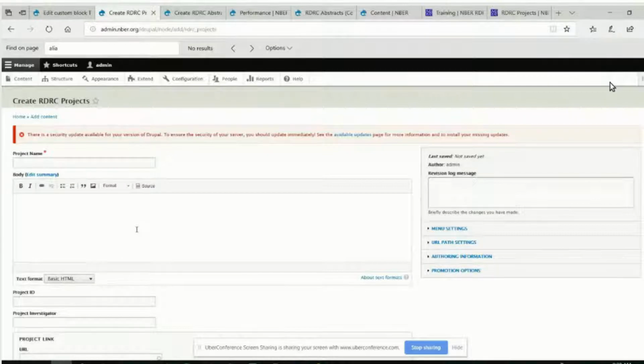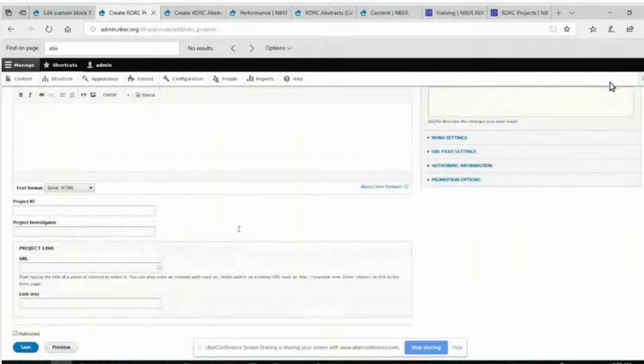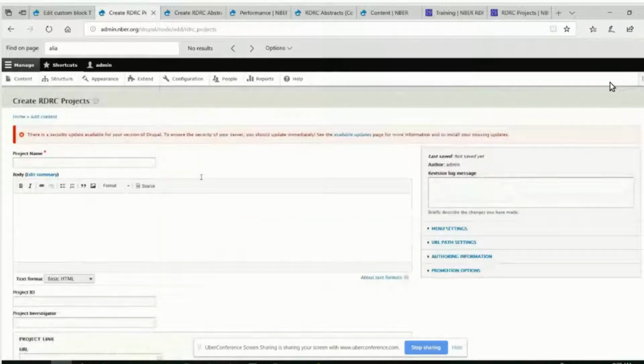So if you use this mold here, this project mold, and you stamp out a bunch of projects, they have all this information. They have their project ID, the investigator, the project link. You stamp a bunch of those out, and then you create a view to display a whole list of them, and then you should be able to click into each one of those individual pages and show all that additional information. So if this page needed an abstract, I would add a field to this original